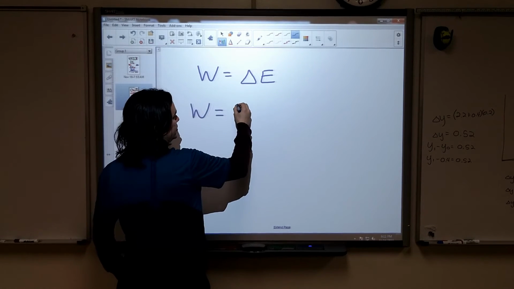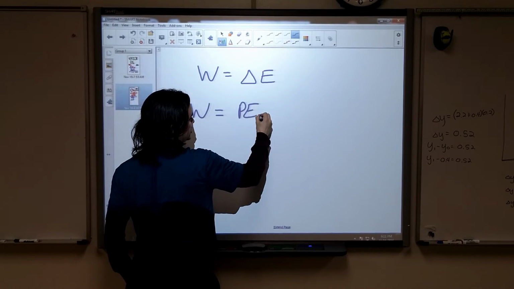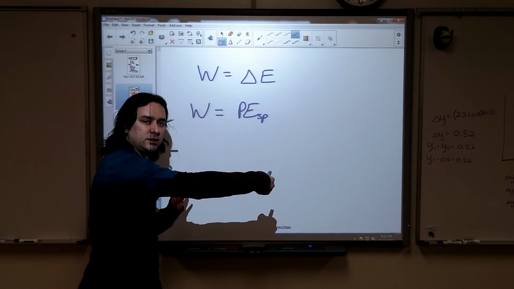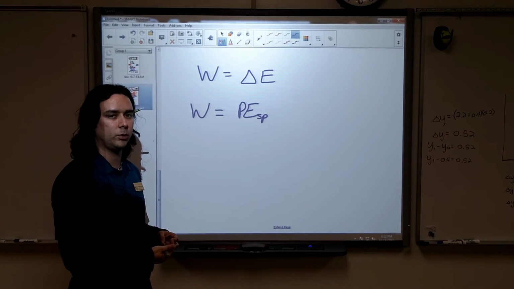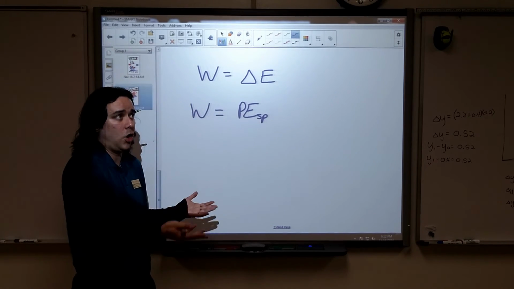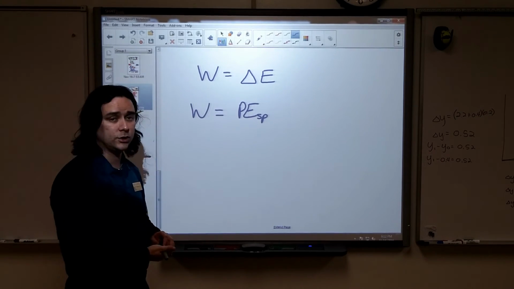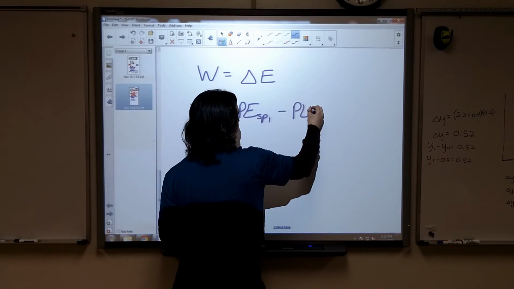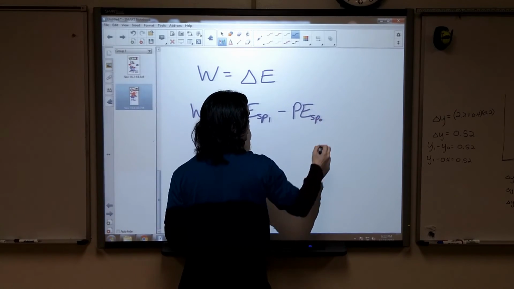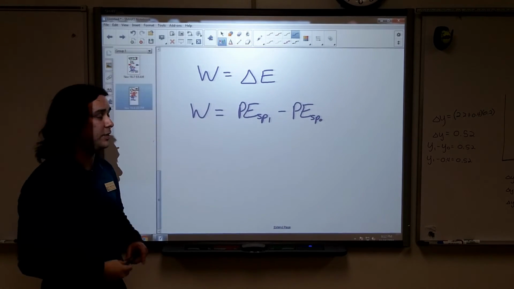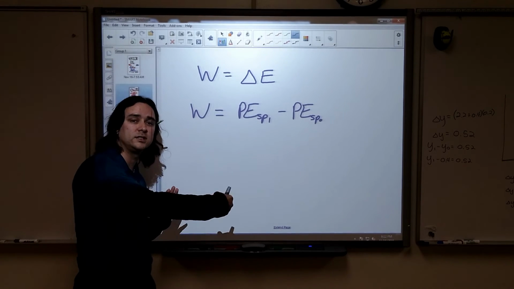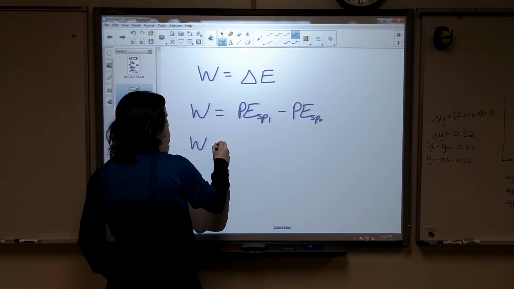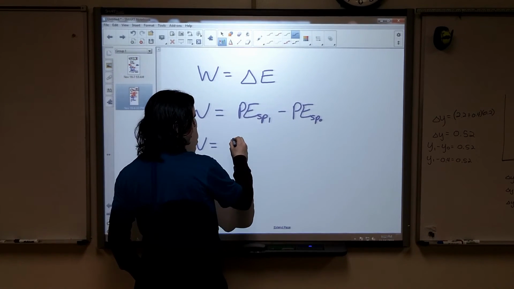Well, the types of energy that I'm dealing with here are actually just the spring potential energy. It moves a little bit, but at the beginning it's not moving, and at the end it's not moving, so its kinetic energy is going to be the same in both cases. I don't have it go up and down at all, so that means that we don't have a change in gravitational potential energy. So what we're looking at is our potential energy stored in the spring. We started off with no energy stored in the spring, so if we can find out how much we have in it at the end, that's the work that we did, because we're the ones adding that energy into that spring system. So in this case, our work is going to be equal to our final spring energy,